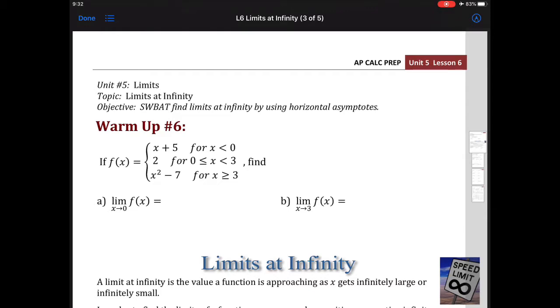So the warm-up says you have a piecewise function and you want to find these limits. The limit as x approaches 0 of f of x. So again,